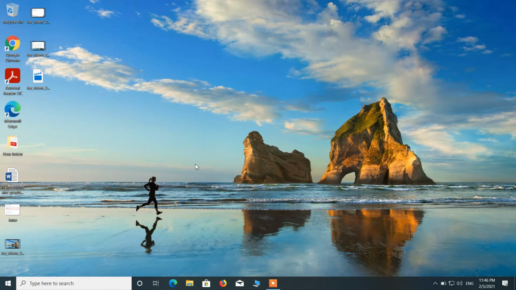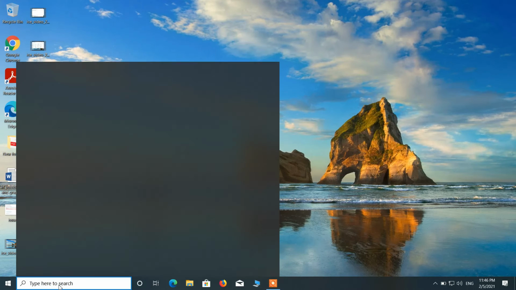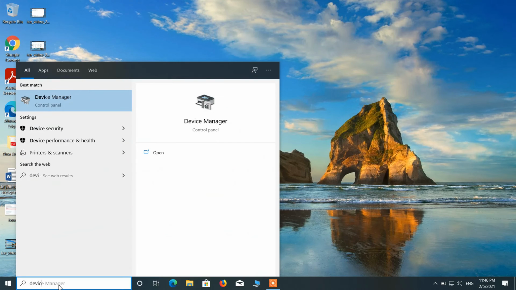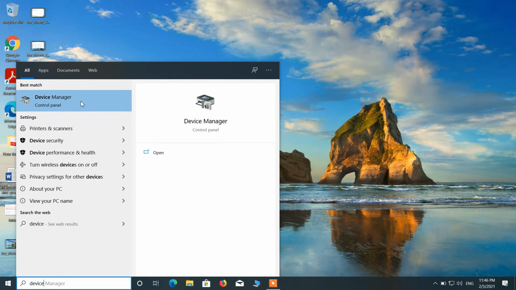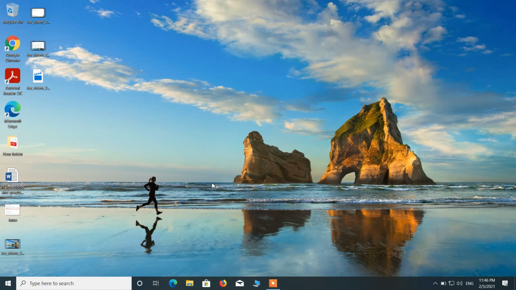If all the three methods didn't work for you, then just try out method number four. Go to the search bar and type device manager. Just click on this search result device manager. Click on yes.